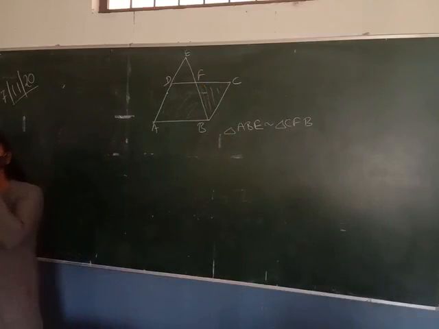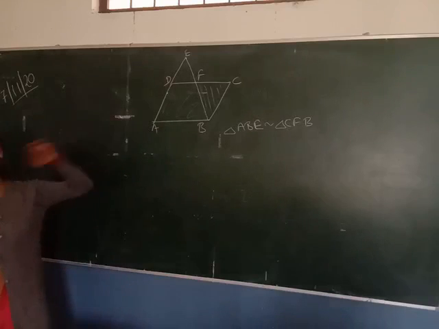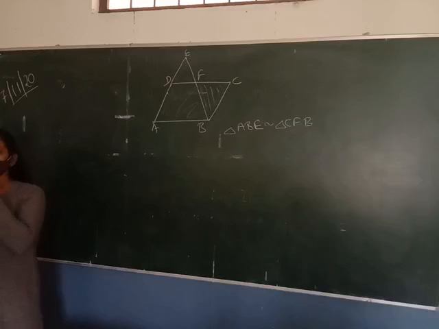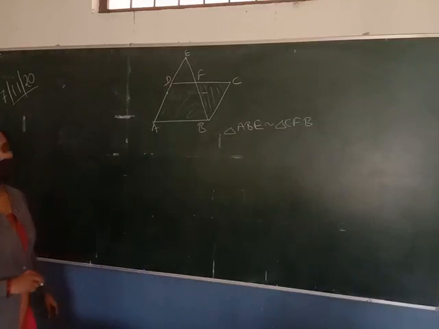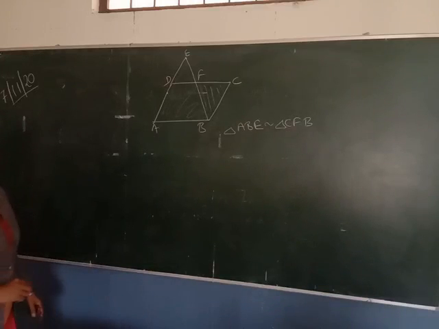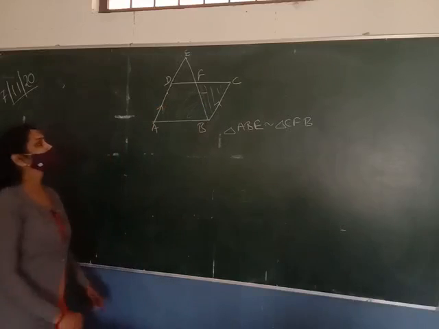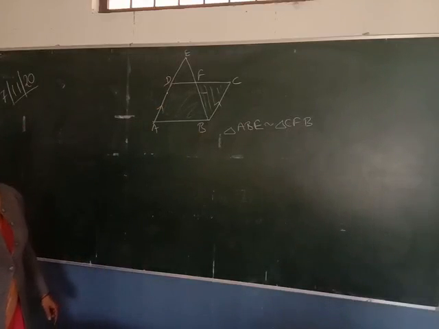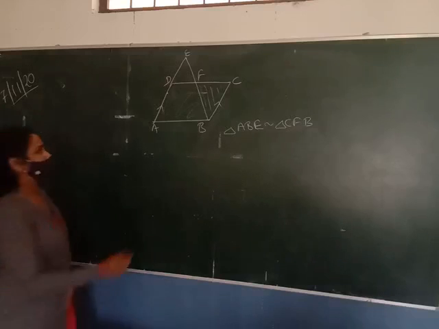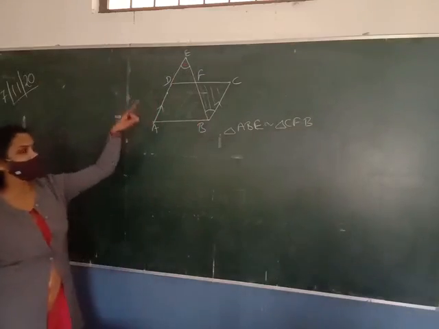You know the similarity. There are three theorems about similarity: AA, SSS, or SAS. How can you prove that these triangles are similar to each other? Good, Anisha. AD is parallel to BC, so AE is parallel to BC, then angle E is an alternate interior angle. Very good. This angle is alternate to this one. These are the alternate angles because these lines are parallel to each other.